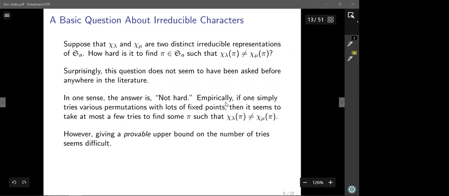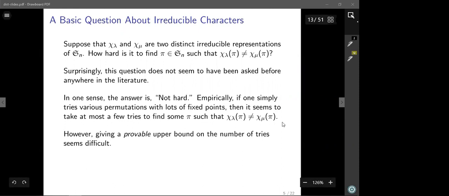So if you just try something, first of all, you just try the identity permutation. The identity permutation works a lot of the time and suffices to distinguish two things. If it doesn't work, you could try something with just a single transposition, and often that works if the identity didn't work, and so forth. So usually, if you just try a few such things, it seems that it takes only a few tries to